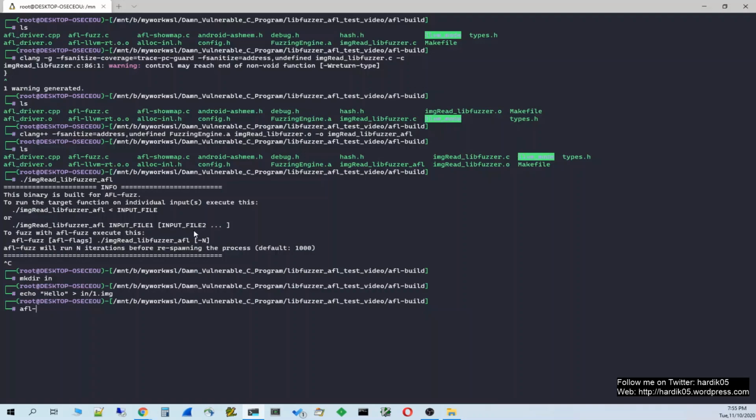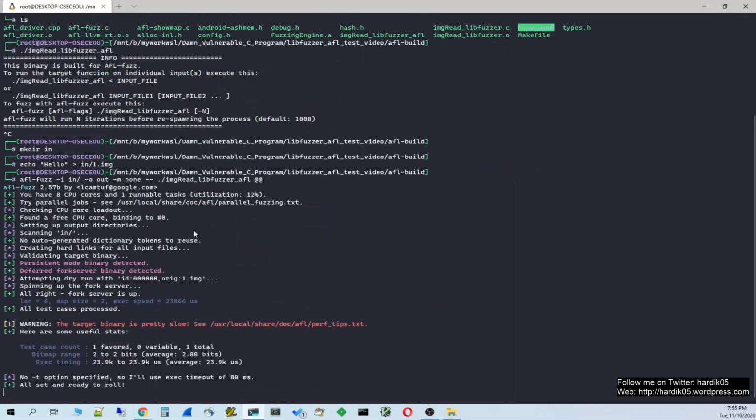So the command is afl-fuzz -i input directory name, -o output directory name, -m none, that is memory limit none, because we have enabled ASAN over here. And img_read_libfuzzer. So after -m none, you have to give --, and your executable file name, followed by the @@ symbol.